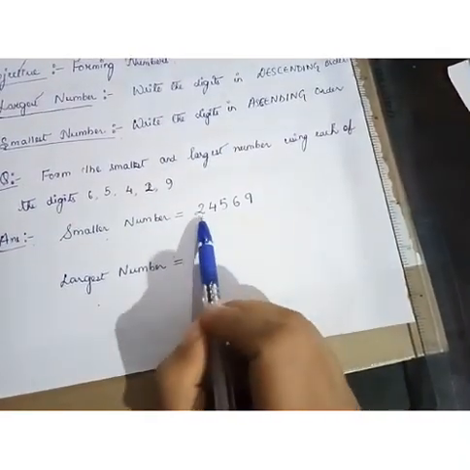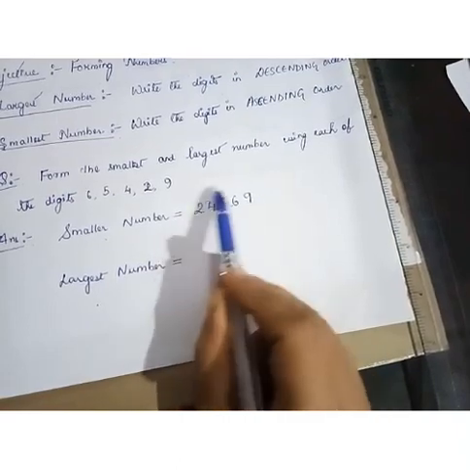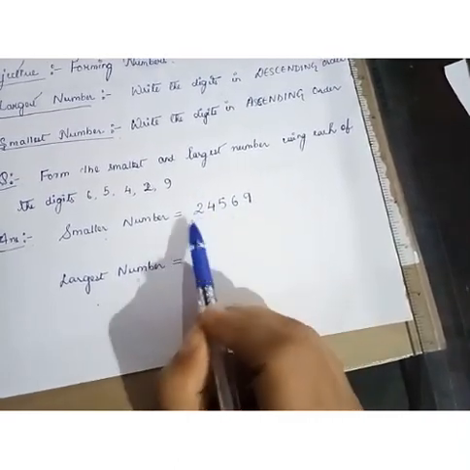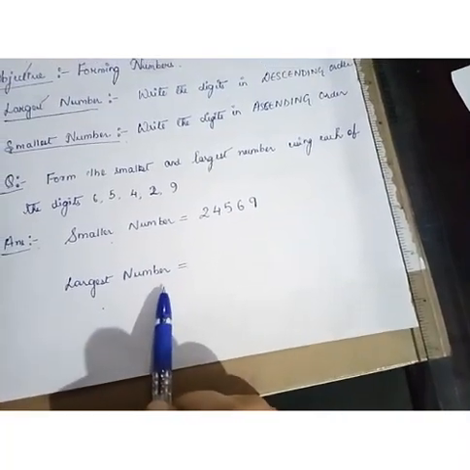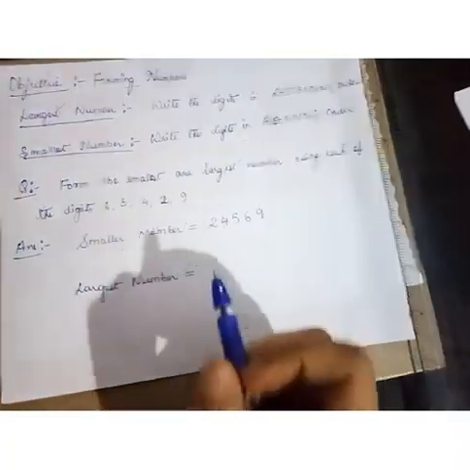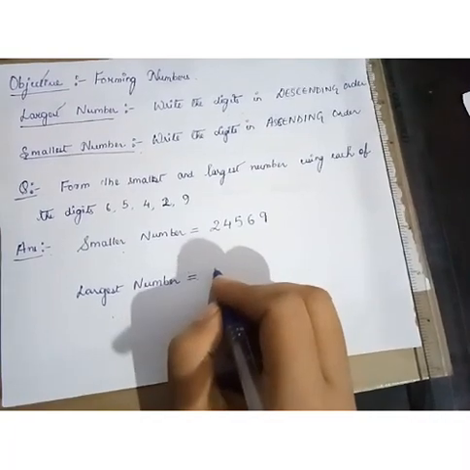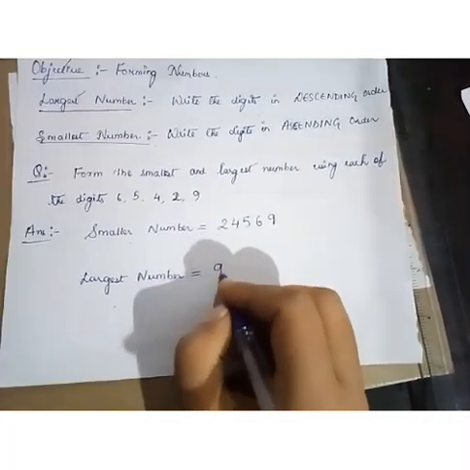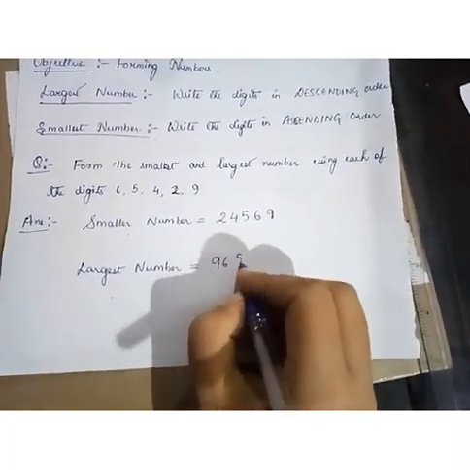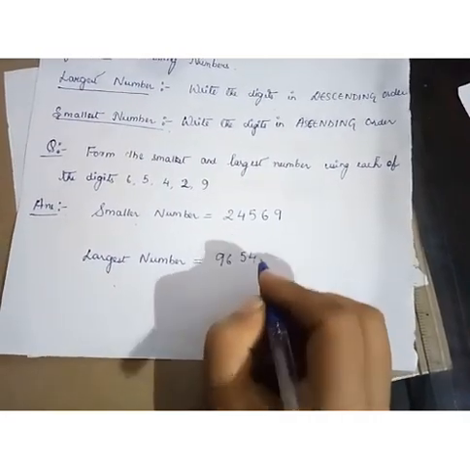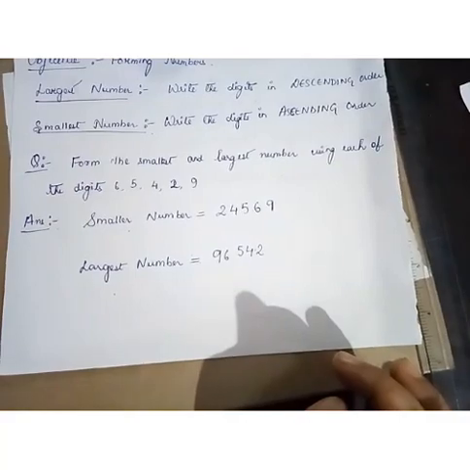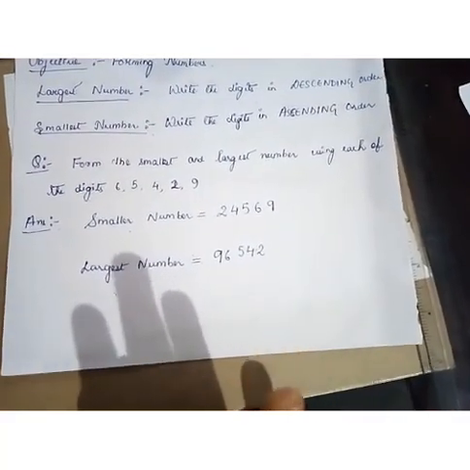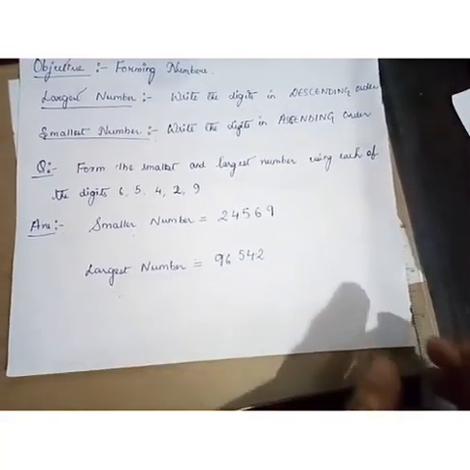So when we are forming the numbers, you don't have to give a comma. All the digits are together. Next, to form the largest number, we have to write in descending order. So the biggest digit first: 9, 6, 5, 4 and 2. So this is the largest number. We arrange the digits in this way, but remember children, don't give commas while forming the number.